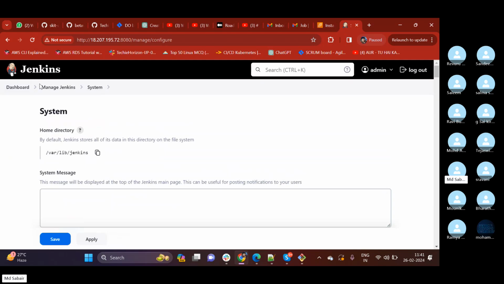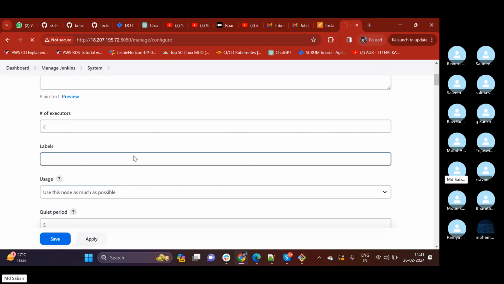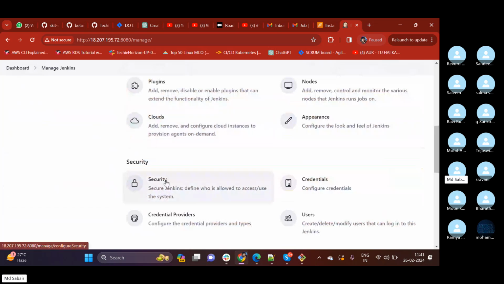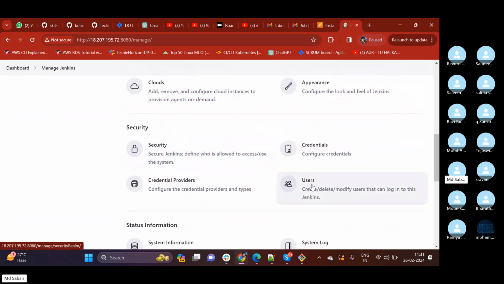No, not this one. I guess we should go to security. Okay, here we have something called security and users. First I will try to create one user. So go to users,